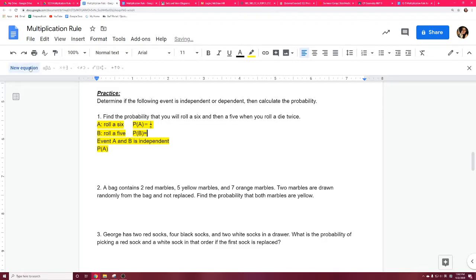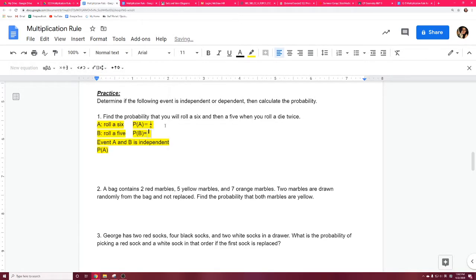5 is 1 of the sides, so it's 1 over, and there are how many sides? 6 sides, so 1 over 6 again. Okay, so we're going to find the probability of A and B. Use the multiplication rule: probability of A and B equals probability of A multiplied by probability of B, which is 1/6 times 1/6 equals,